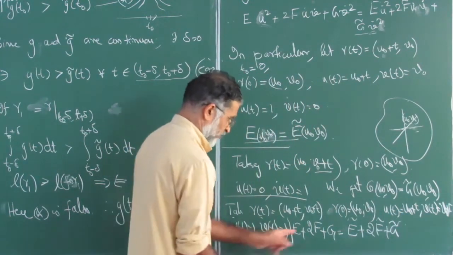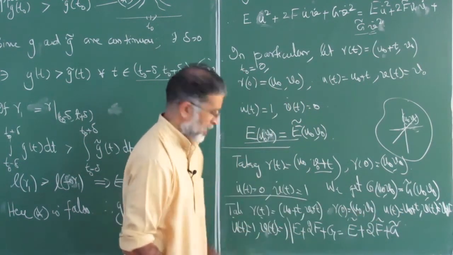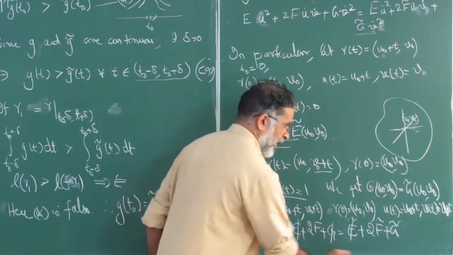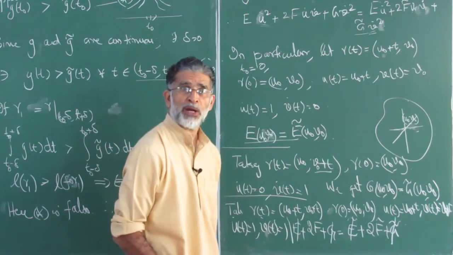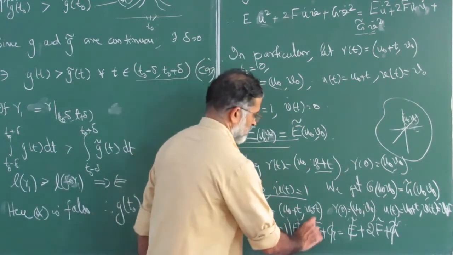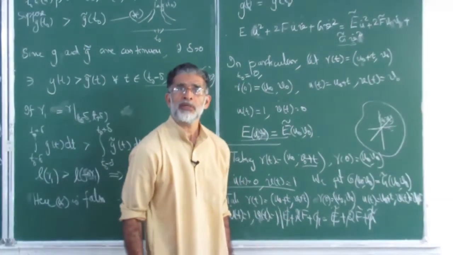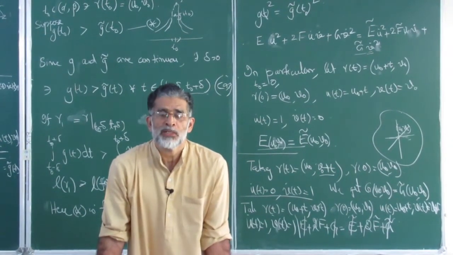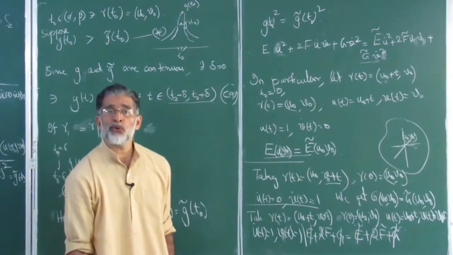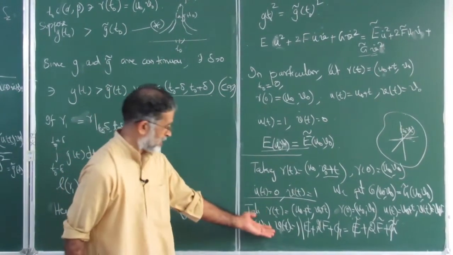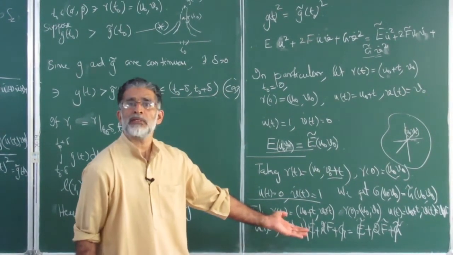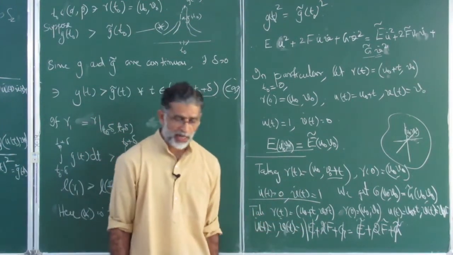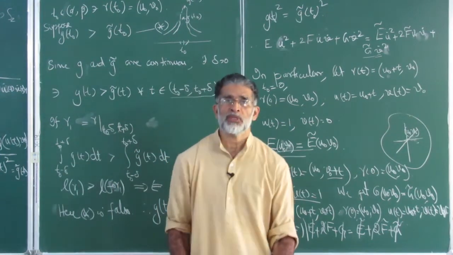But already, at the point u_0 v_0, E and E tilde are the same. G and G tilde, we already proved they are the same at u_0 v_0. So 2 is non-zero, cancel it. You have F(u_0, v_0) equal to F tilde(u_0, v_0). So therefore, given any point u_0 v_0, we have proved that E, F, G is the same as E tilde, F tilde, G tilde. So that's the main part of the theorem.